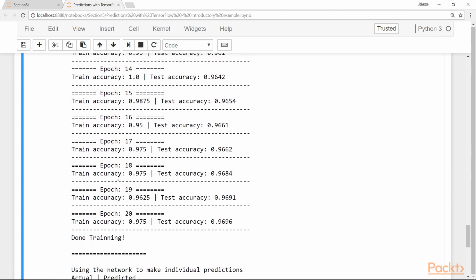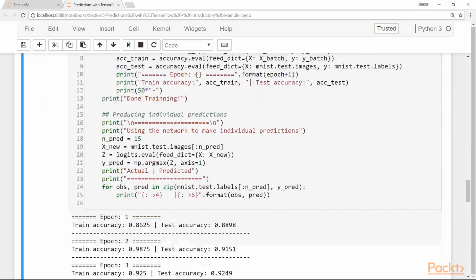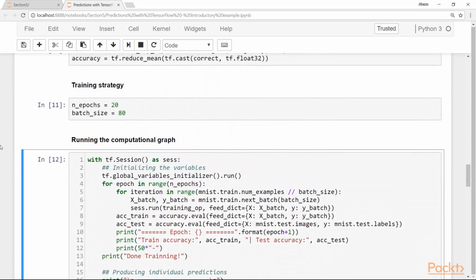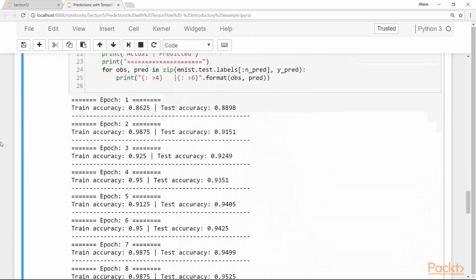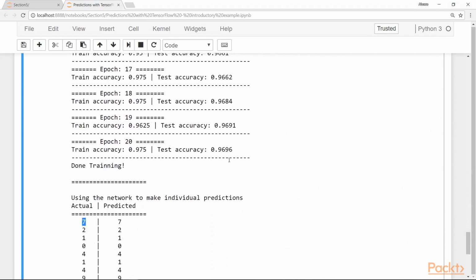So congratulations, you have built your first deep neural network model in just 12 code cells in this Jupyter notebook. You were able to classify handwritten digits using this program with almost 97% accuracy. Okay, great. I hope this introductory example clarified a little bit how TensorFlow works, and now we will move